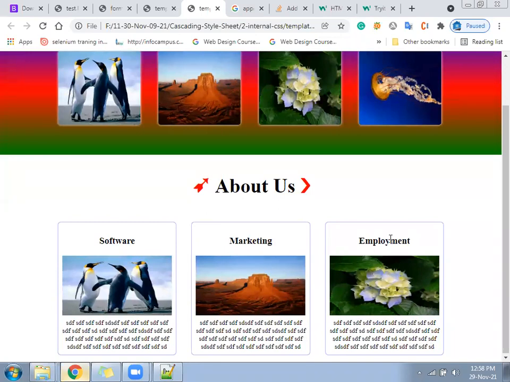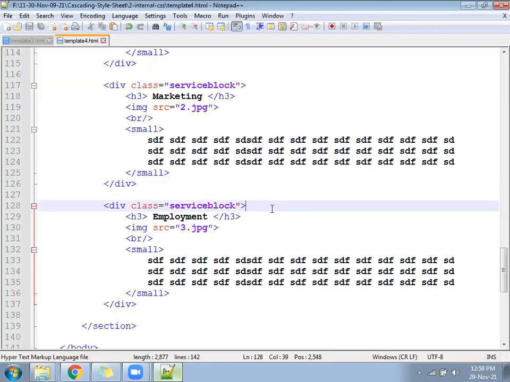H3 should convert into red color. Look at the structure of the HTML. You have H3, and H3 is part of the service block. So the service block is the parent. We can target it so that when the mouse moves to the parent, the child gets affected.